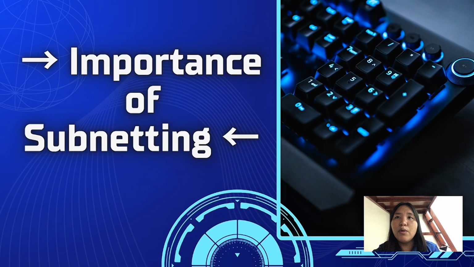Then next, the importance of subnetting. Why does subnetting matter? Proper subnetting is crucial for effective network setup because it allows us to, first, improve efficiency. It reduces the size of broadcast domains, which minimizes network traffic overhead. Second, enhance security. It logically segregates network segments, limiting access between groups. Third, optimize IP utilization. It prevents IP address waste by tailoring address ranges to specific network sizes.